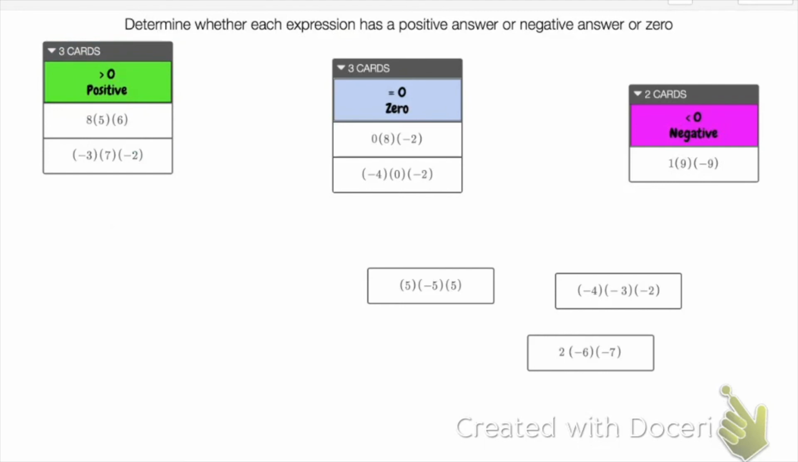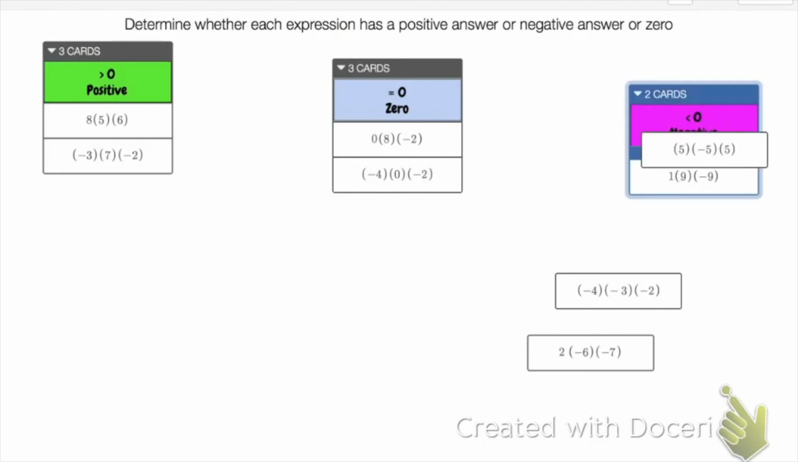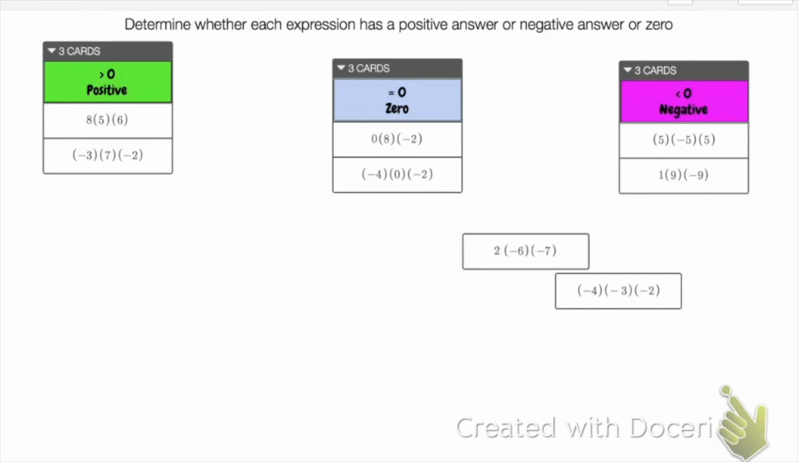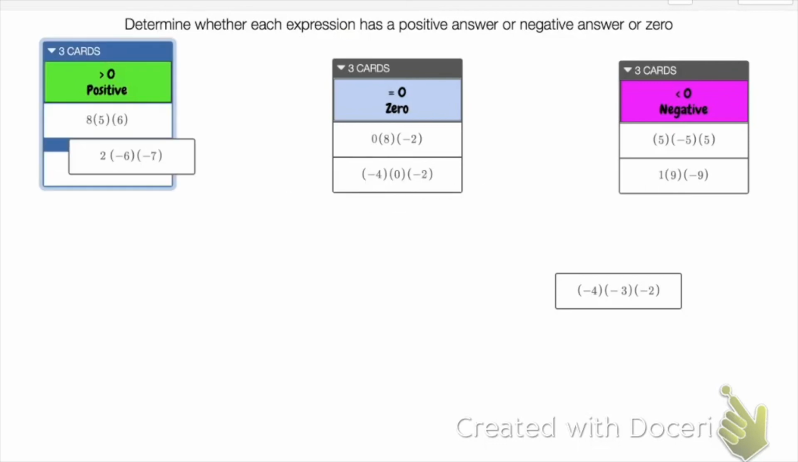5 times negative 5 times positive 5, we see 1 negative, so the answer will be a negative answer. 2 times negative 6 times negative 7, we see 2 negatives, so our answer will be a positive answer. And the last one, the challenge one, is negative 4 times negative 3 times negative 2. So let's work with this one. Negative 4 times negative 3